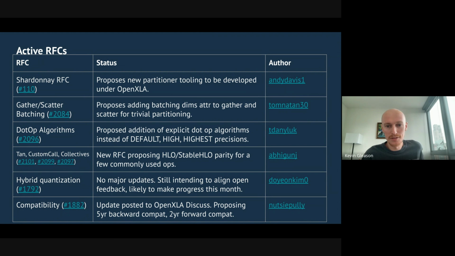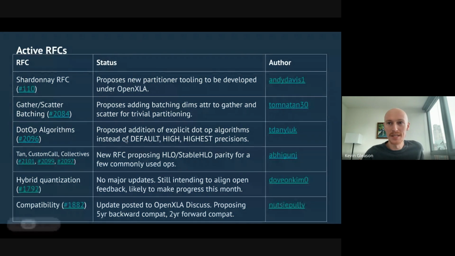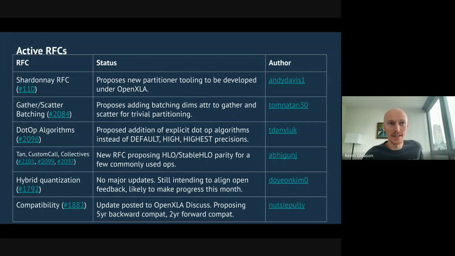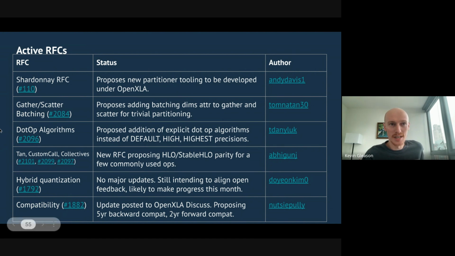Next is a few MHLO features that were successful. So there's MHLO tan op, there's MHLO custom call with a dictionary, and there are collectives like all reduce that take multiple operands and multiple results. These are things that are valuable for various reasons. Custom call with dictionary is being hacked around in the community all over the place. Collectives, or the variadic operand collectives, are important for horizontal scaling, and tan op is in pretty much every other primitive op set, and it seems pretty logical to have it in ours as well. So adding those new ops that were successful,